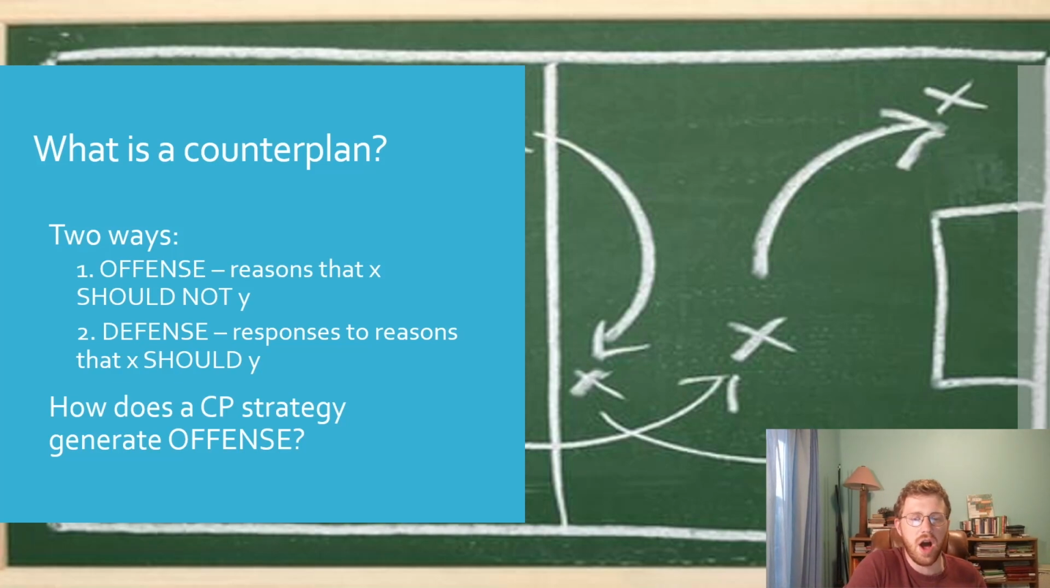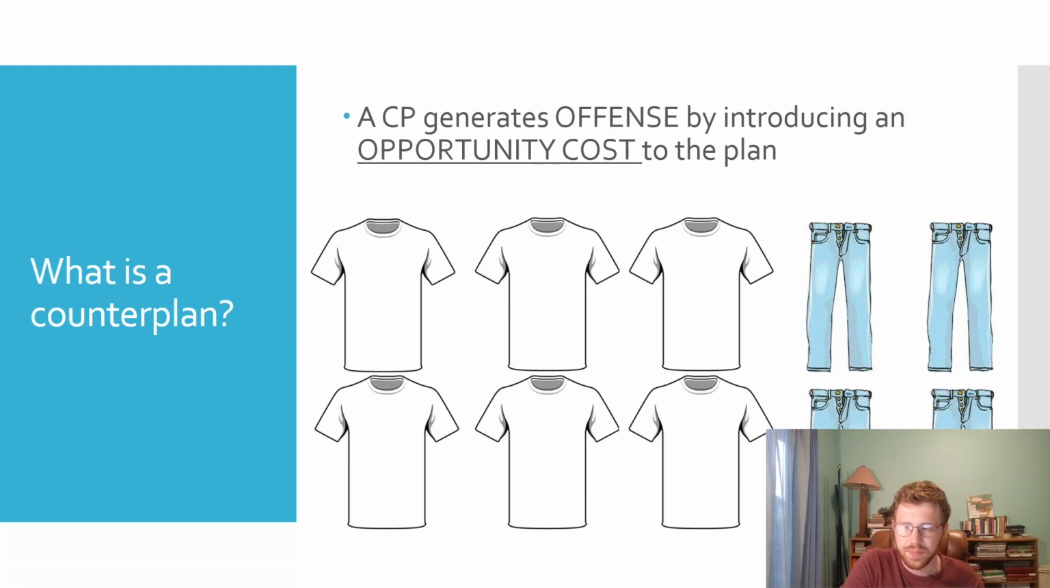So, what kind of offense does a counterplan generate? The answer to that question is that a counterplan introduces an opportunity cost. An opportunity cost is a benefit that a person could have received but gave up by taking a different course of action. In economics, the concept of opportunity costs helps us describe how a finite economy works in which there